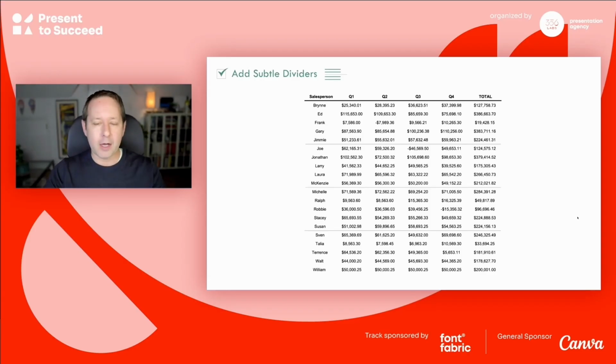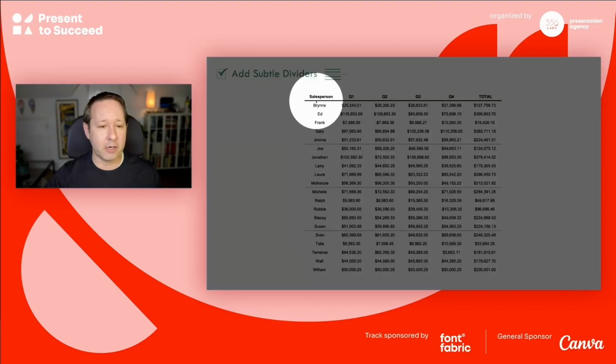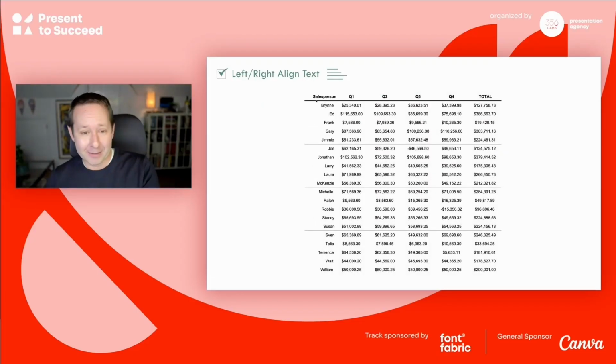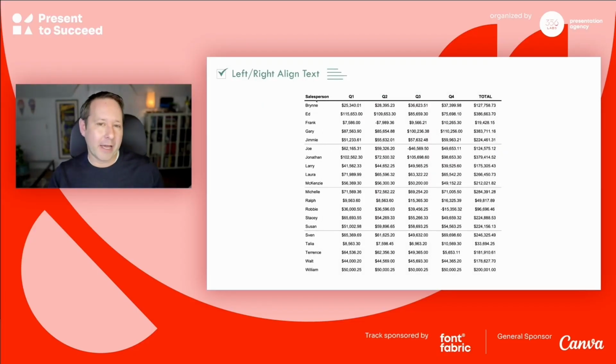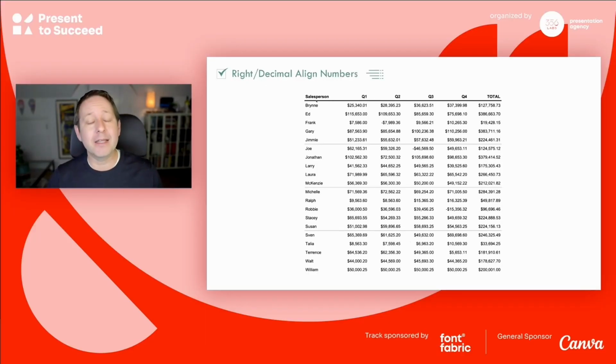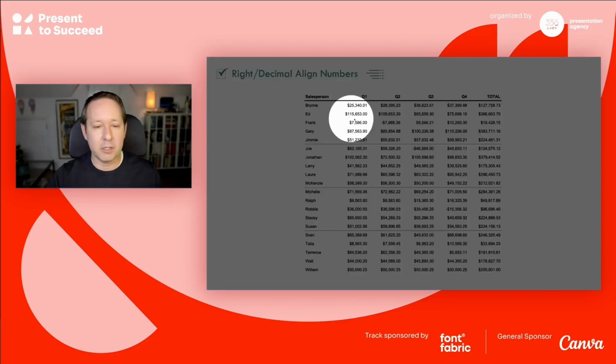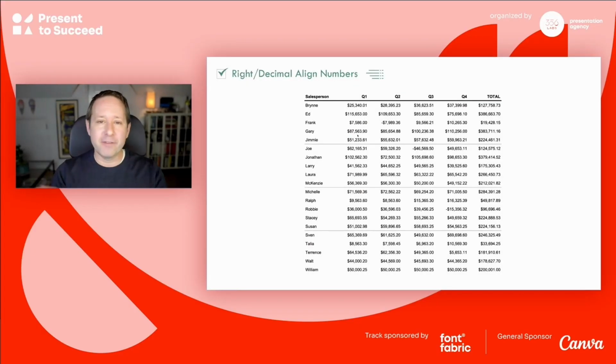All right, let's talk now about the content in the cells. Text: we have text in our first column over here. Do not center it. Either right align it or left align it. Generally, I go for left aligning. It just makes for a cleaner geometric look, easy to read. Your numbers, right align your numbers. Unless you have just a single digit or maybe two, then you can center those. But if you have long numbers like I have here, right align them. Because it creates more order, but it also visually gives a clue. Like 115,000 here is much bigger than 7,000. It gives people a visual clue of what's bigger and what's smaller.